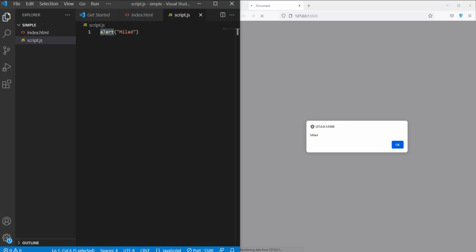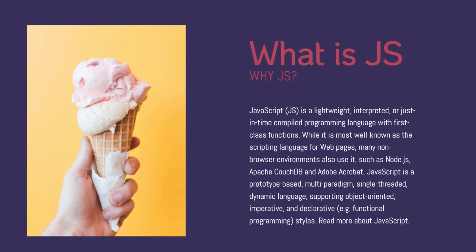So I said alert the user this text, and it did that. So let's go to the next. As you saw, we set up our project, and we can play with JavaScript features in that playground. And let's